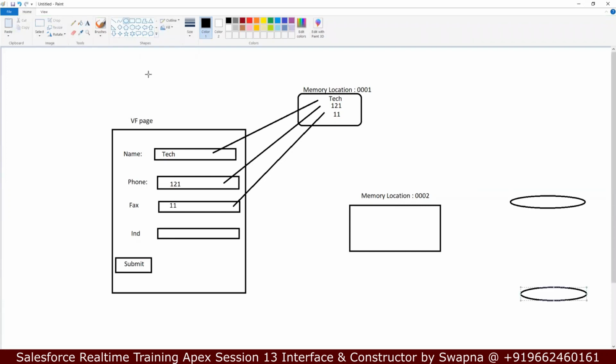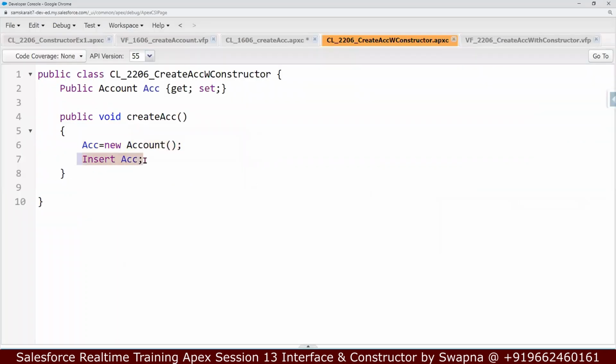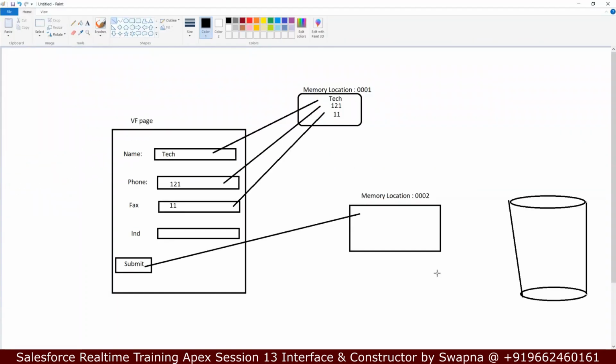As soon as the user clicks on the submit button, the create account method gets executed, and that method creates a new memory space. Now the new memory space is created. Next, it is inserting. When it is trying to insert into the database,